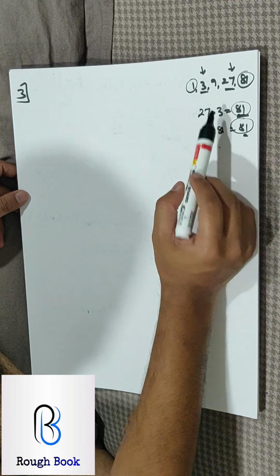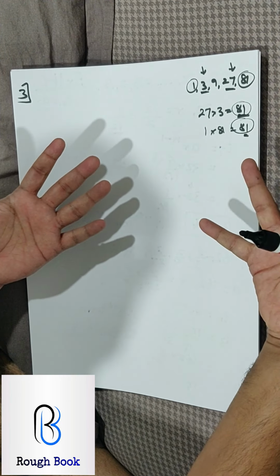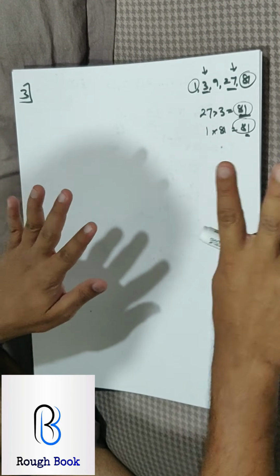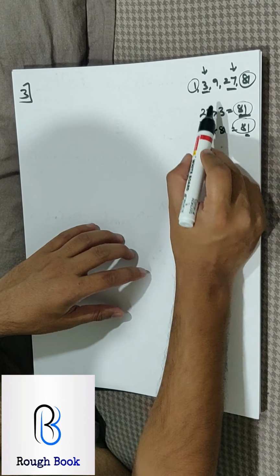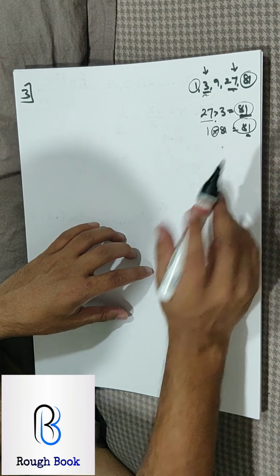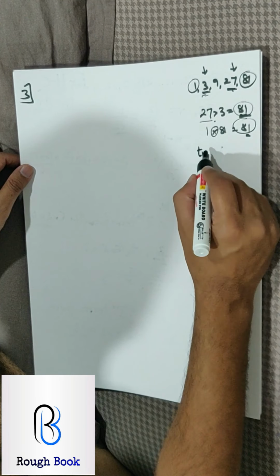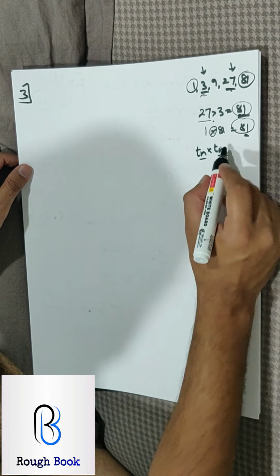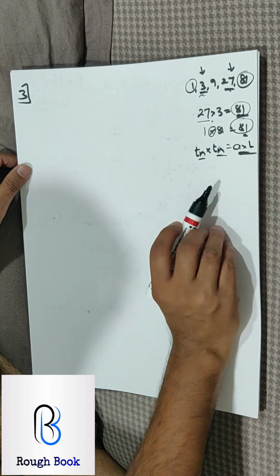Likewise, if they ask you the product of the fifth term from the start and the fifth term from the end, it will still be first and last. Seventh term from the start, seventh from the end, still first and last. So if the same term from the start and the end has been asked as a product, it will be equal to the product of first and last. That's the rule. Are you getting it? So basically whatever term from the start into whatever term from the end, both have to be the same number, then it is A into the last term. A is the first term, L is the last term.